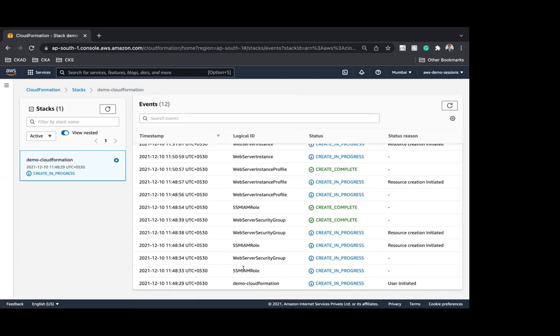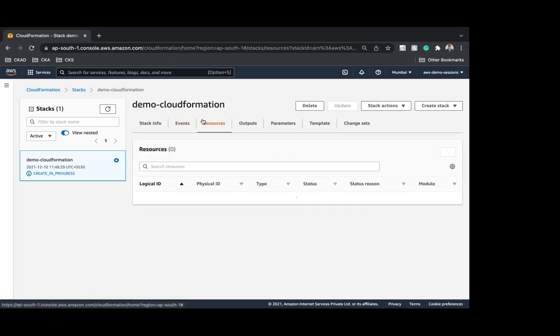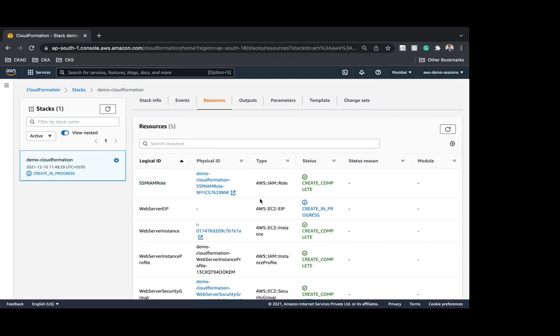You can see CloudFormation creating a role, security group, and so on. Again, this is directly dependent on the dependency graph. If a resource A has a dependency on B, then resource B will first get deployed, then A. So it is launched based on the dependency graph. Here you will see it launching the different resources like security group, profile, instance. Instance is nothing but the EC2 instance, IAM role, those kinds of different properties. Now it has started moving towards creating an elastic IP.